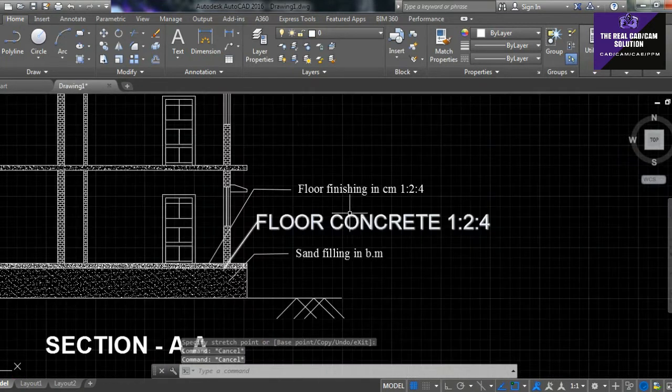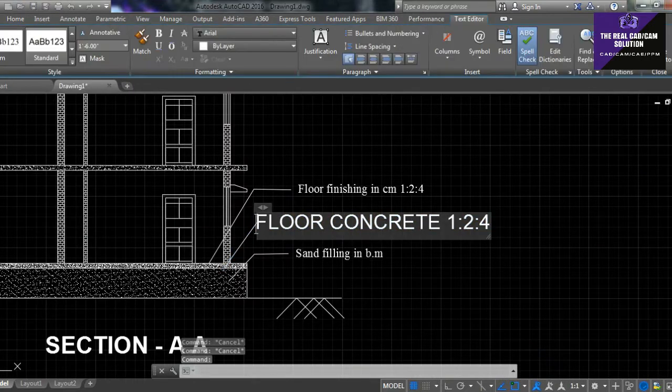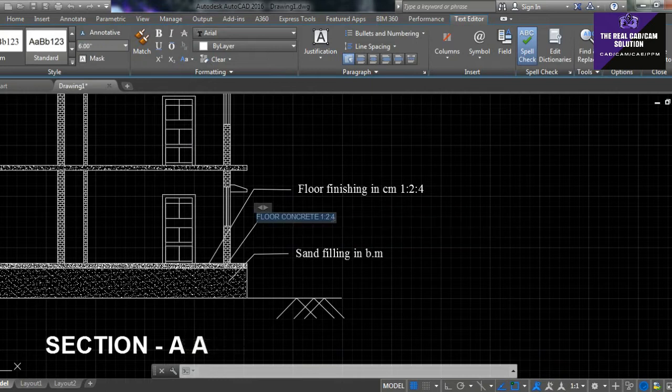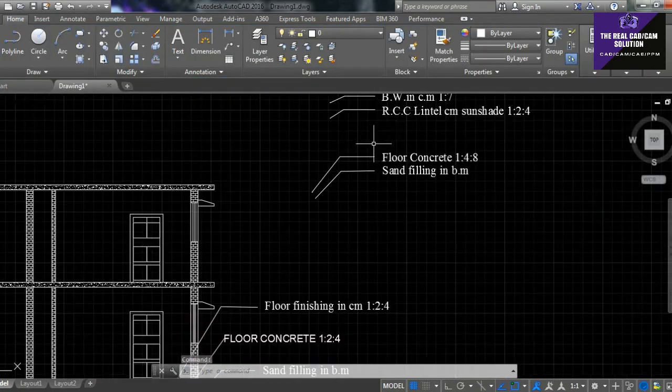I just want to change this size. Is it 6 inch? Sorry, 9 inches is almost correct. Okay, and then the same for the floor concrete.